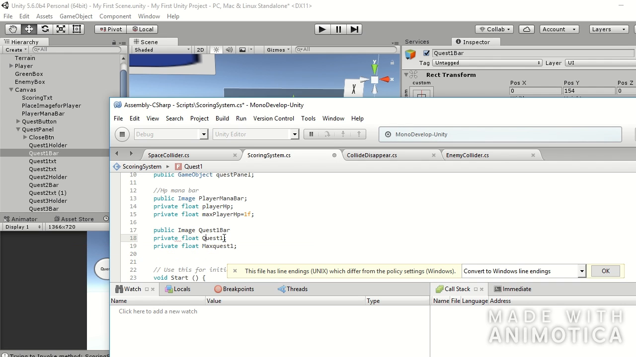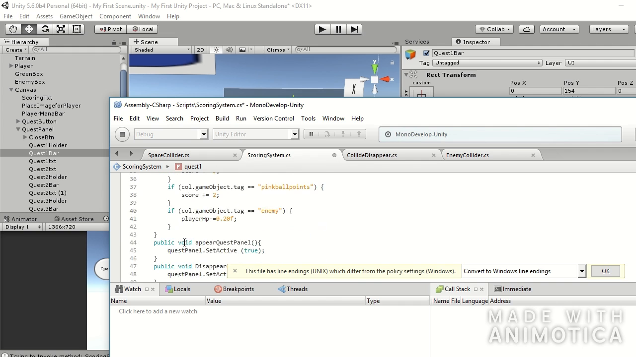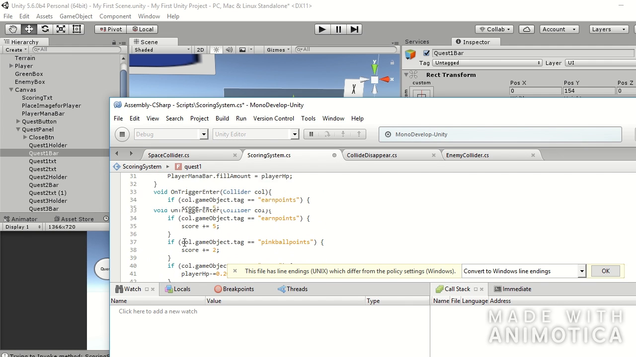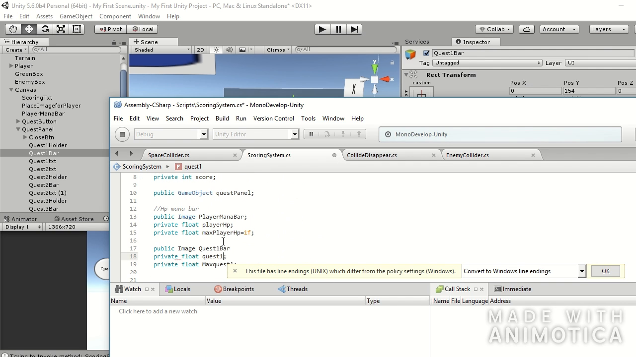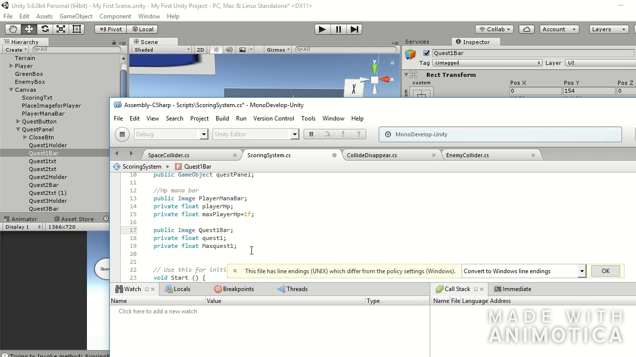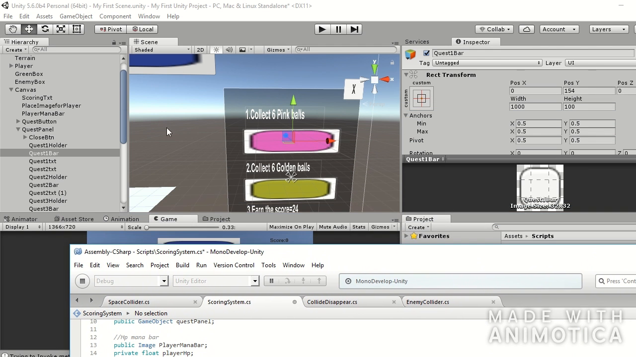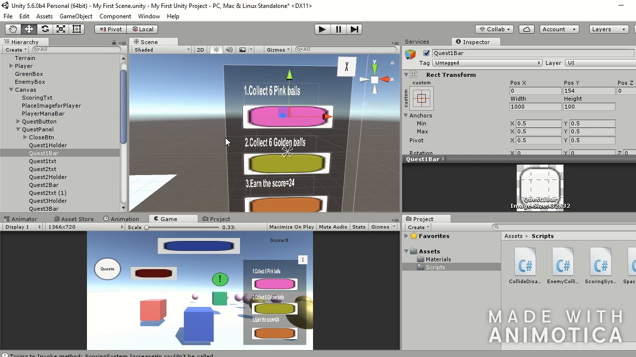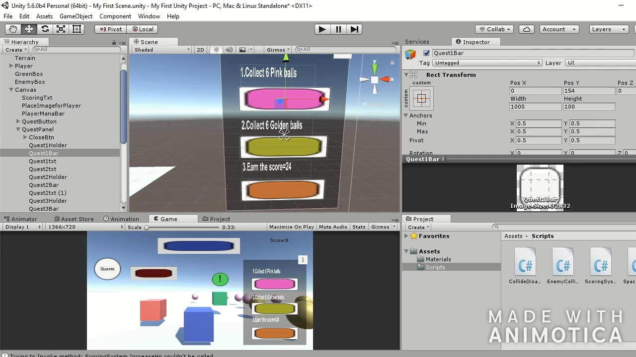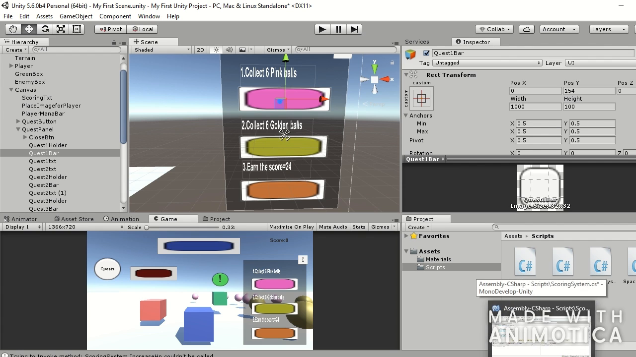Oh, I have so... quest 1. It means that it has already been declared. So I can, oh yes, forgot. So quest 1, and we will put, so for you to understand it the most, we have the golden ball and the score, which equals 24. So we see here,